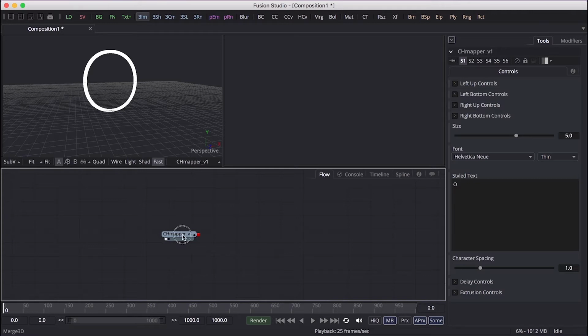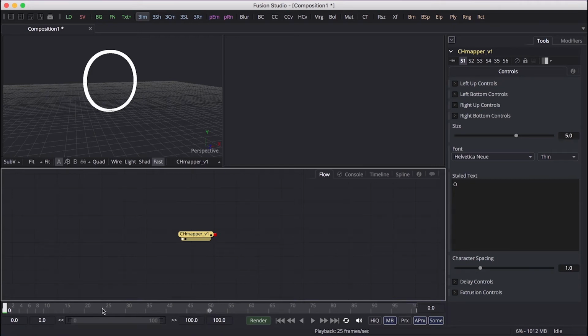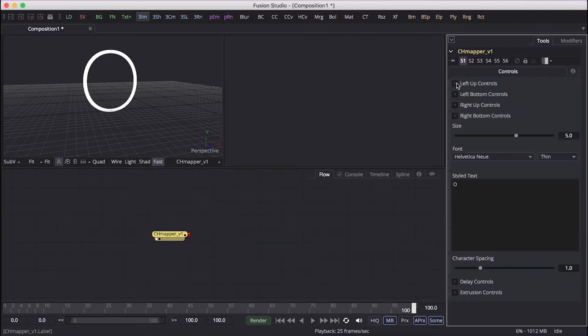So for this effect, I think the easiest way is to work backwards, so I will go to frame 100 and fold in the characters, and backwards it's going to be an unfolding effect. I hope it will be clear, but as we're going in, I'm sure it will be clear.